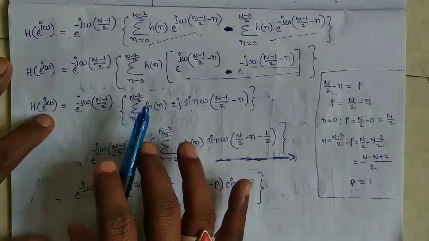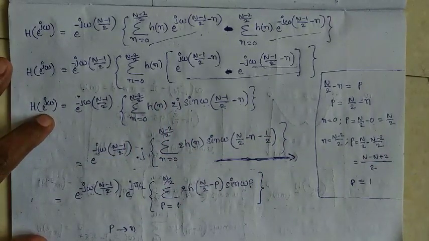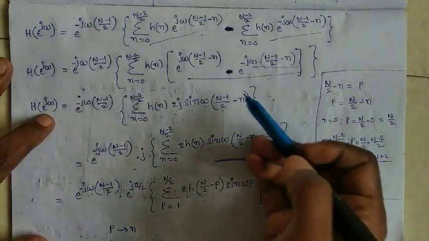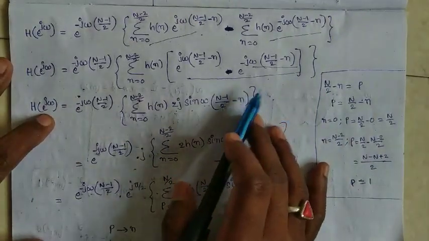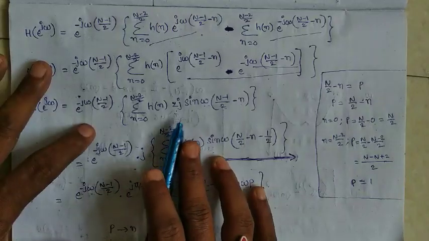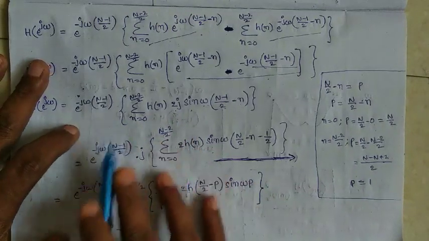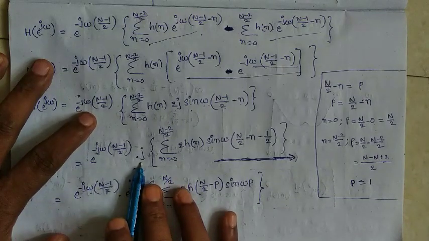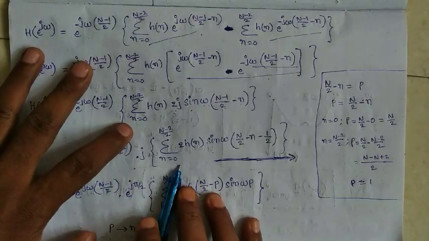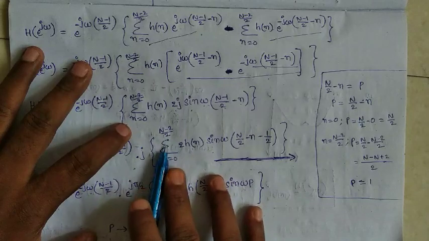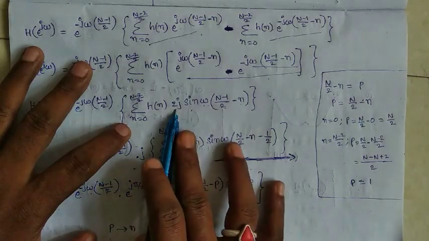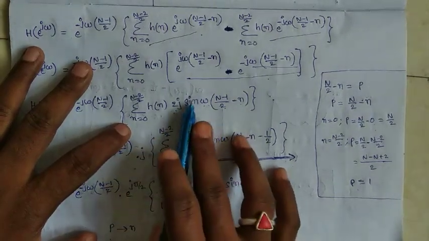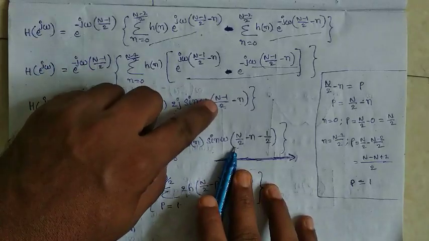The remaining terms are the same. Here I am taking j out. So it is e power minus j omega of (N minus 1) by 2, j, summation n is equal to 0 to (N minus 2) by 2 of 2 into h of n sin omega of, I am writing this like this,